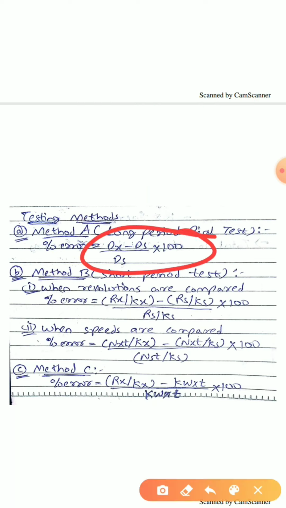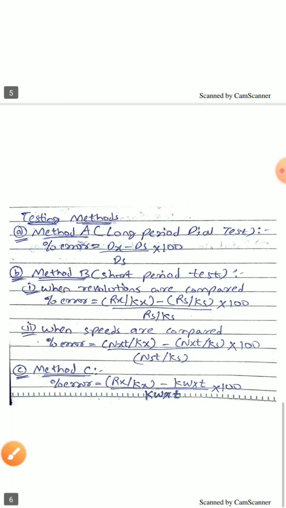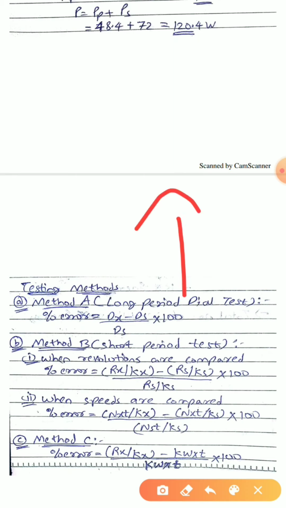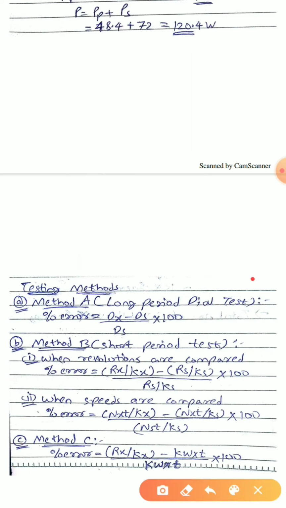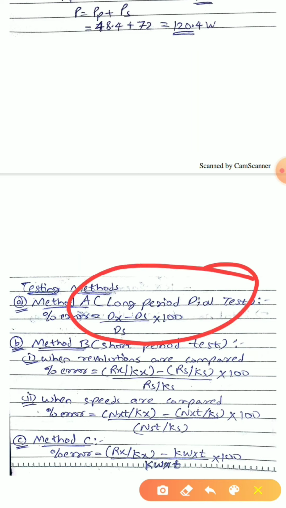Now as these tests extend over long periods of time, it gives an opportunity to discover errors due to self-heating. We know that when the temperature rises, the resistance also rises. Because of this, when the meter is operating continuously for greater than 1 hour, we can know whether any errors are included because of self-heating, or whether my instrument is able to function properly or not. This can also be ensured in this long period dial test.